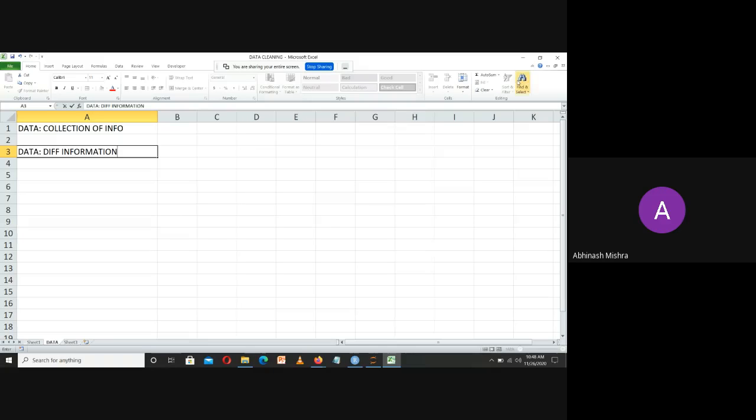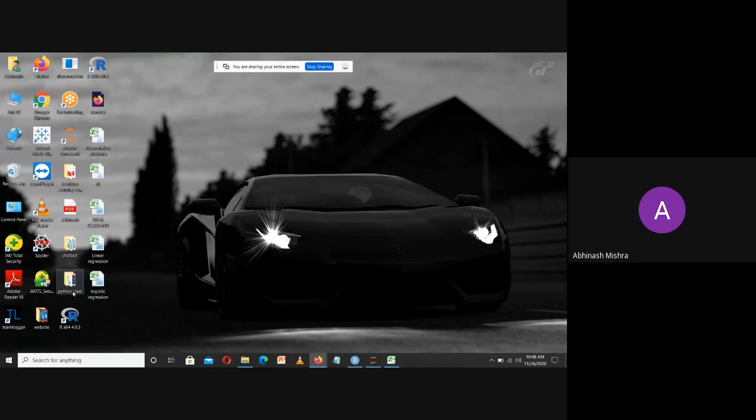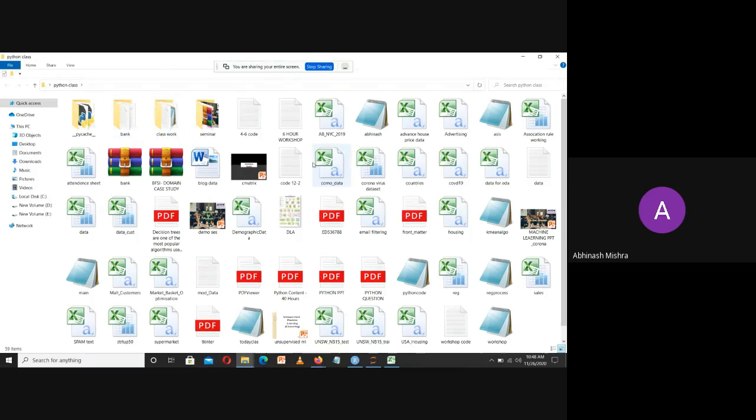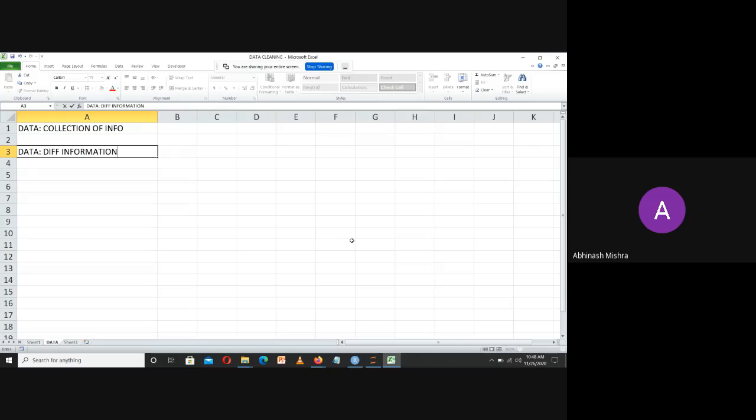Now, let me show you a very sample data, so let me come to my main frame. I have a coronavirus data set with me, which was collected over a past period of time by a GUI based application. I'll open that and show you how data can be in a simple format.